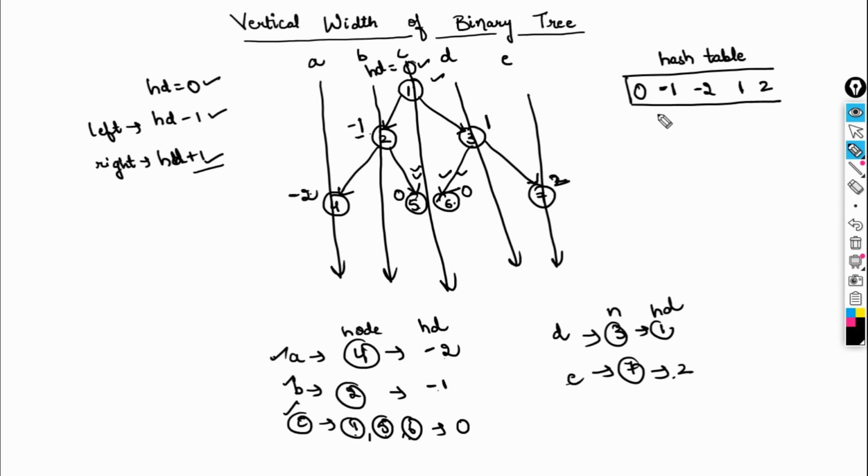Okay, so basically what we can do is now we can calculate the size, like it contains 5 elements, 1, 2, 3, 4, 5, right? So I simply have to return 5, and we can see as well we have only 5 vertical lines, right? That we need to return. We need to return 5, right? Okay, so how to store them? First of all, let's understand how to store these values.